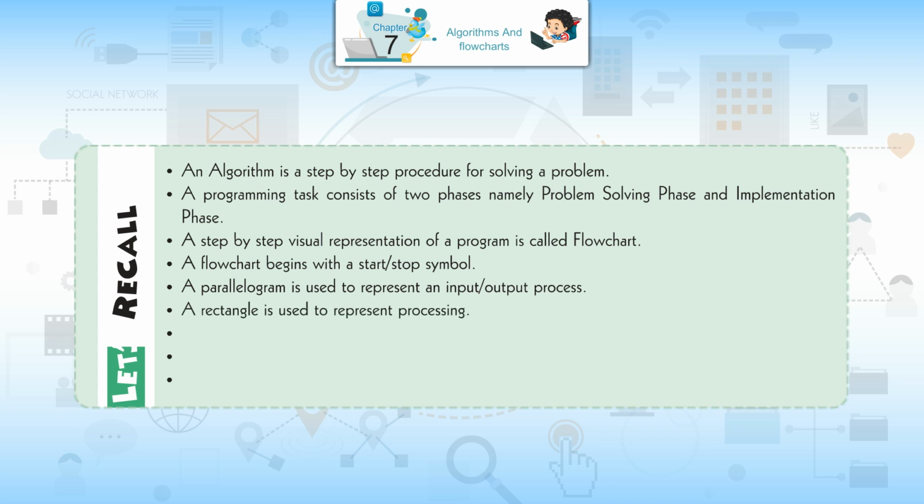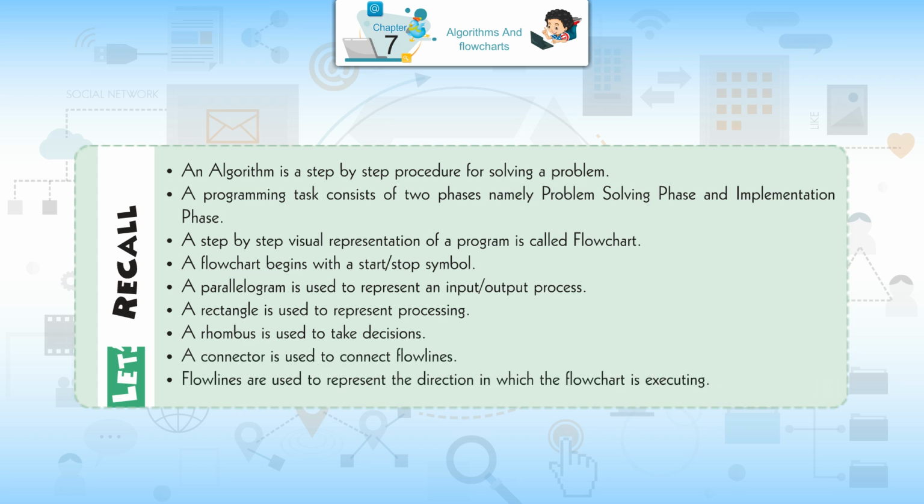A rectangle is used to represent processing. A rhombus is used to take decisions. A connector is used to connect flow lines. Flow lines are used to represent the direction in which the flowchart is